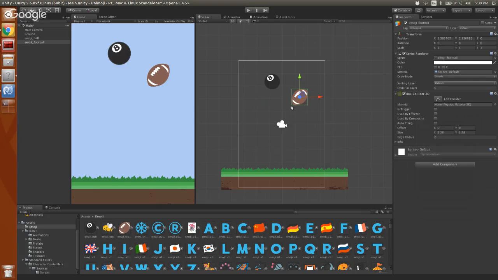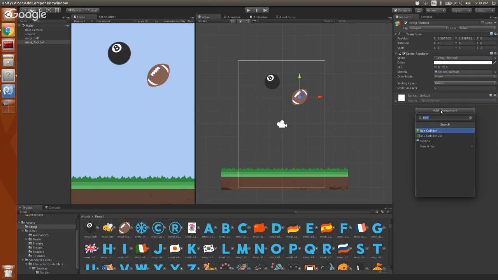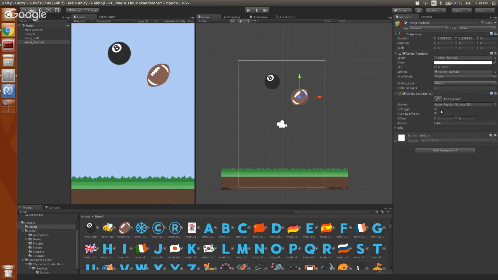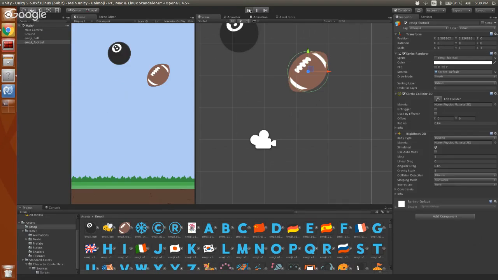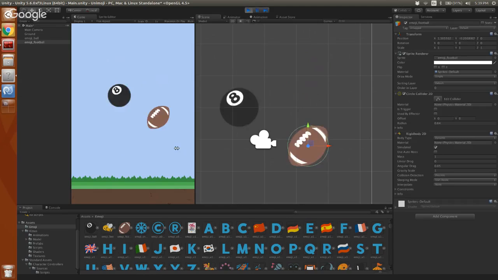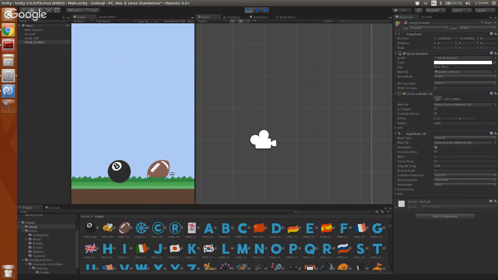That's not the shape of the football. So that's not it. If we move that, let's try a circle collider. Well, that's closer, but that's still not really the shape of a football. So if we add the rigid body and hit play, it's going to fall, and it looks okay, but we know that there is extra stuff there.